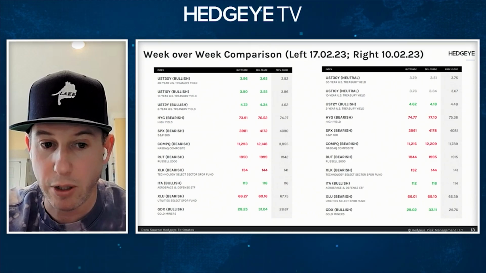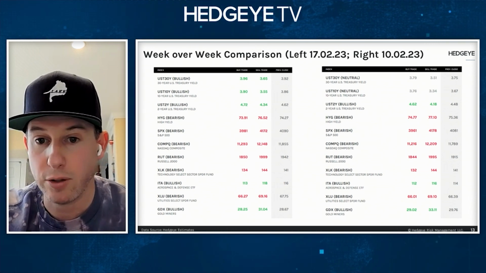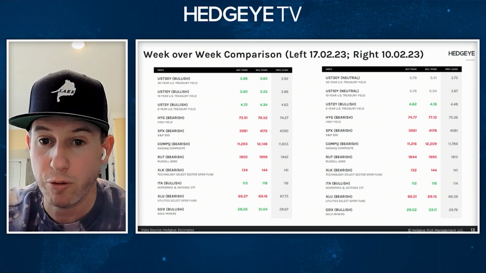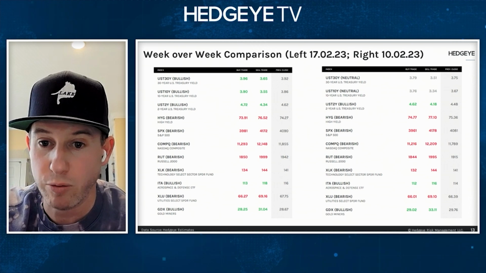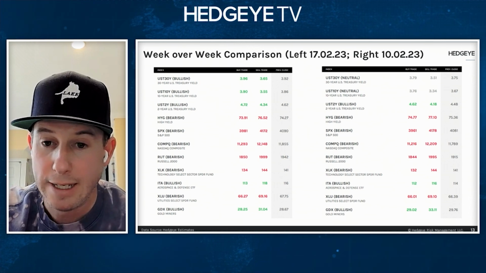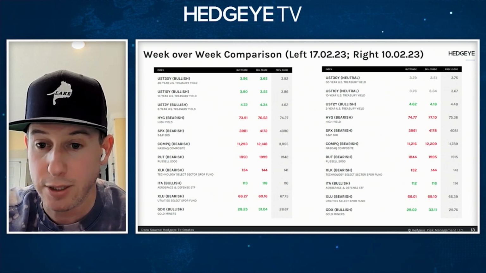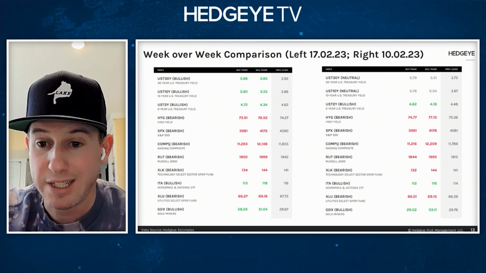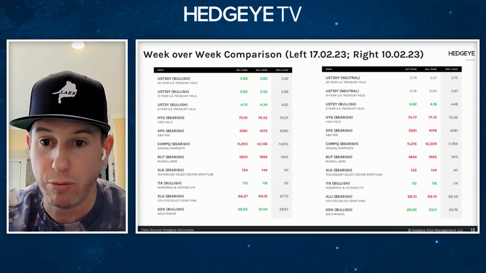I guess the other big call out on a week over week basis is that your U.S. Treasury 30-year and 10-year have moved from neutral to bullish. So it also helps to review and make sure, hey, these things moved from neutral. Are there any positions inside the portfolio? Maybe you can't touch things every day, but making a note and capturing and reviewing big moves or big changes,